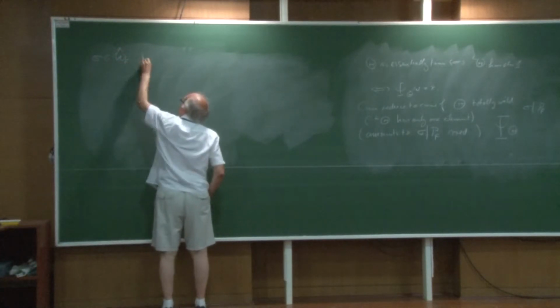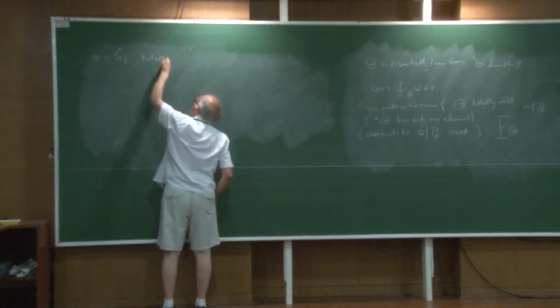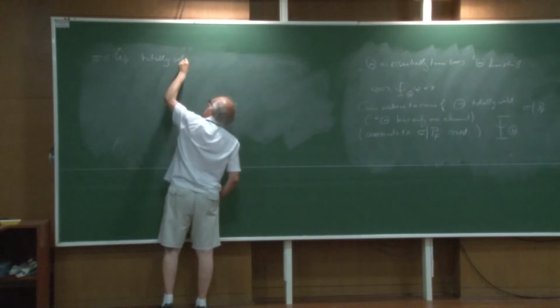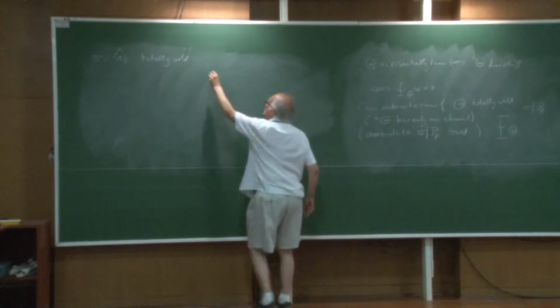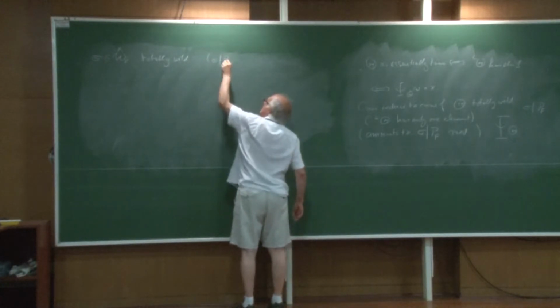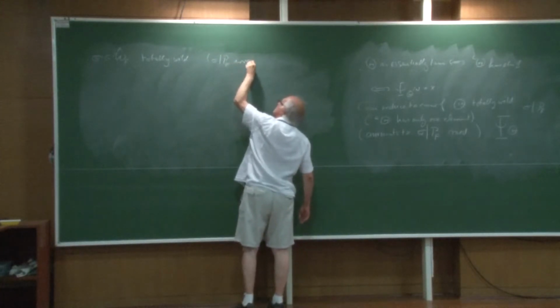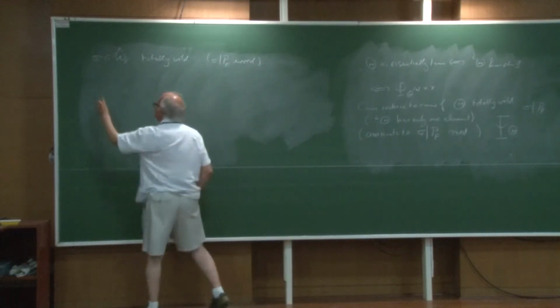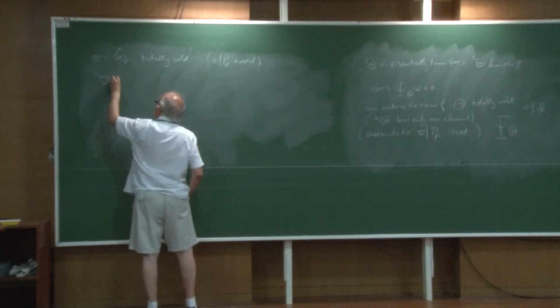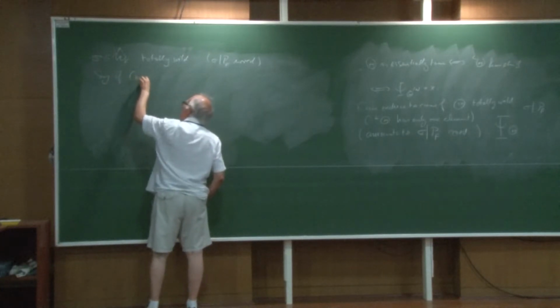If sigma is totally wild in that sense, restriction to wild inertia is irreducible, I'll say it's of Carayol type